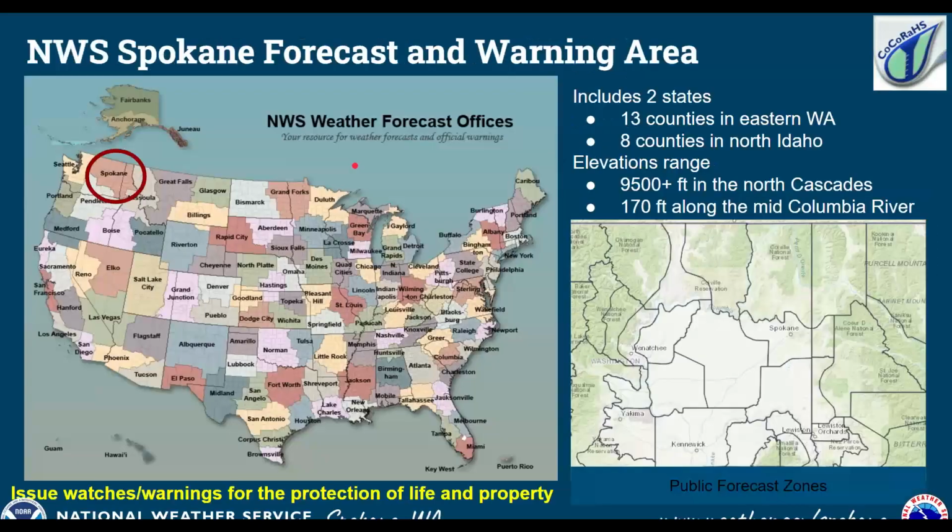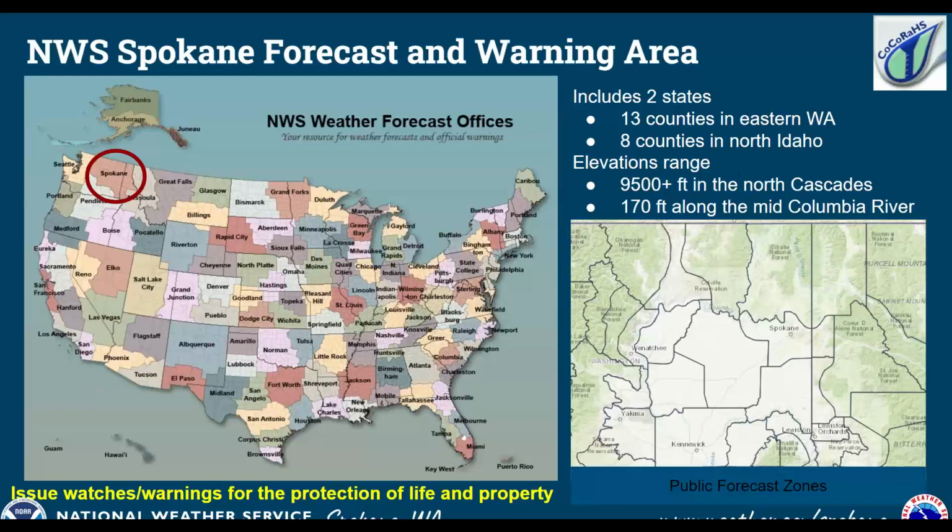So with the National Weather Service, we have offices all across the country. In fact, there are 126 offices, and Spokane is just one of them. And our area, the inland Northwest, is so diverse. We have mountains in the Cascades that are well over 9,000 feet. And then we have elevations along the Columbia Basin near the Columbia River that are maybe 170 feet above sea level.